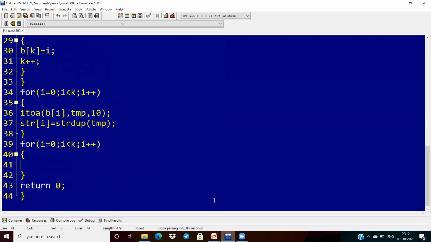Concatenation is done easily in the case of strings. So that is why I am temporarily taking the strcpy function, to store str of i temporarily into temp.